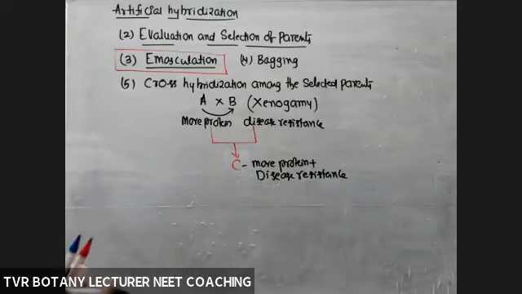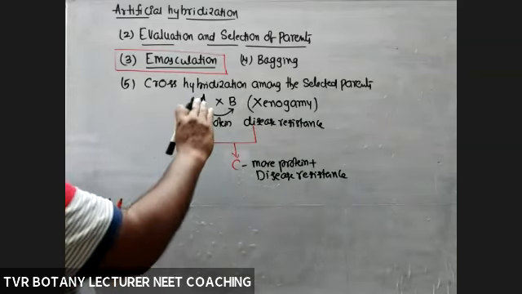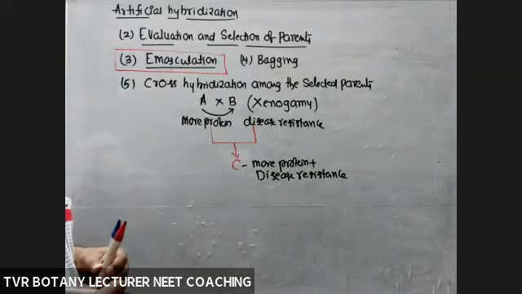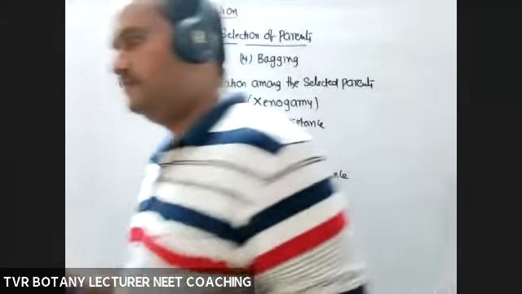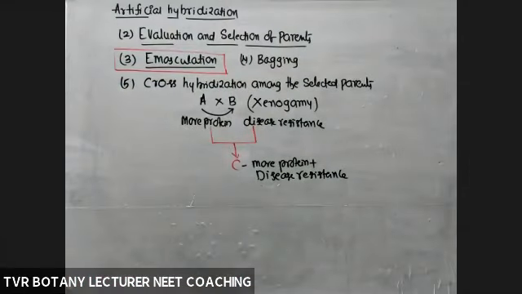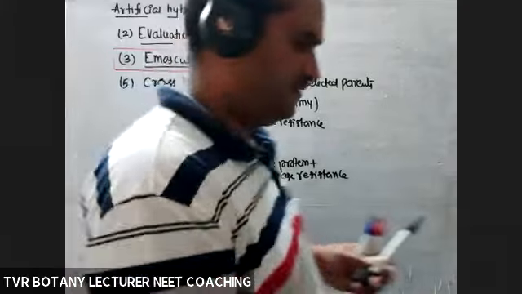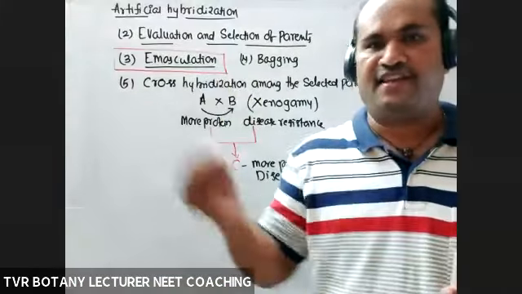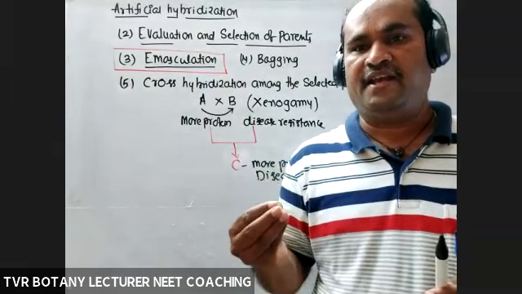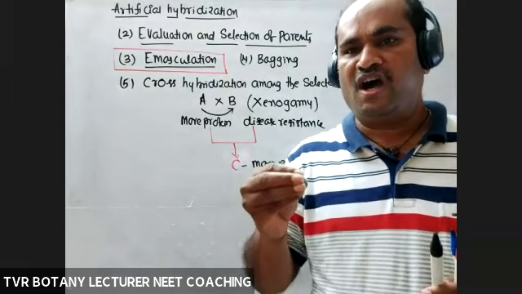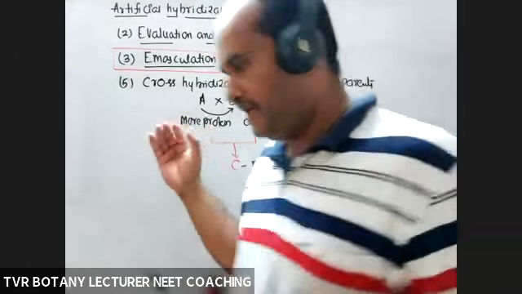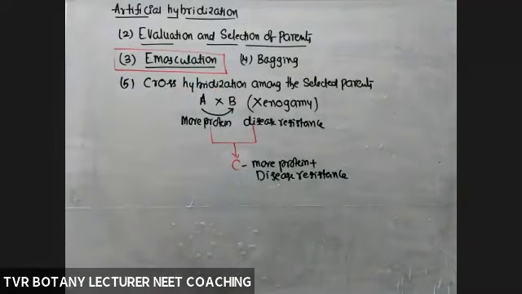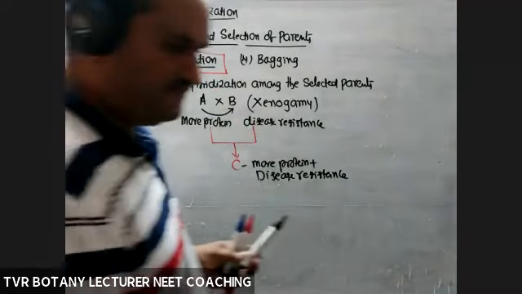So like that, we should continue hybridization between A, B, and B with C. Like that, so many plants we selected. Continue it. So we can produce a hybrid variety, definitely a hybrid variety, after a few hundreds or 1,000 crosses. Definitely we can produce one or a certain number of hybrid varieties out of a few hundred or thousands of crosses made among the parents. So it is a time-consuming process.